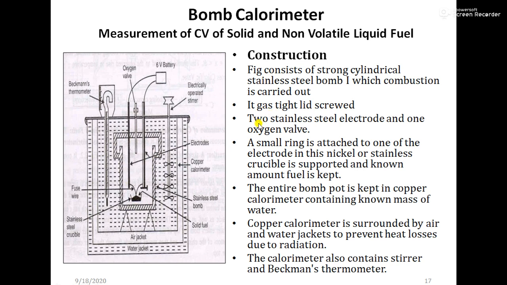So that is second. It has two stainless steel electrodes. So this is one, this is second. One electrode has a ring, that is here. A small ring is attached to one of the electrodes, on which a nickel or stainless steel crucible is supported, and in that crucible a known amount of